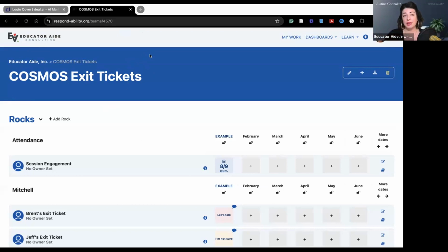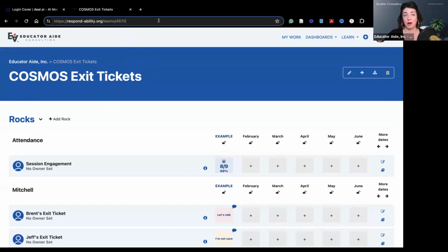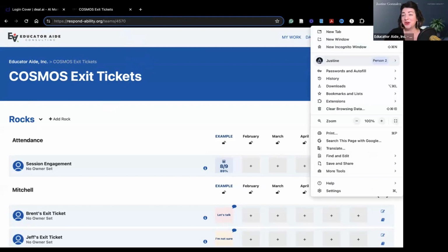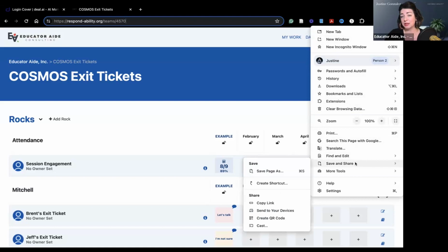When you are in any page like this, so this is part of what we offer, but it can be any website that you're on. And to Kevin's point, if you want to create even a QR code for your LinkedIn profile, you can, and apologies if you already know this, but you can go over to your browser to the 3 dots, and I'm in Chrome right now. You're going to click on Save and Share, and you can create a QR code.